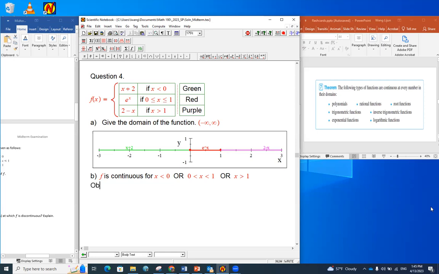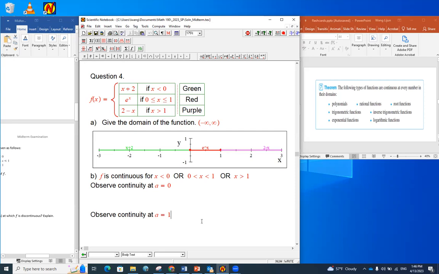We're going to observe continuity at a equals 0, and of course next we're going to observe continuity at 1. These are the only 2 places we have to consider. Of course, this question is asking